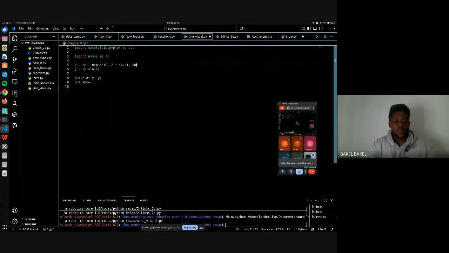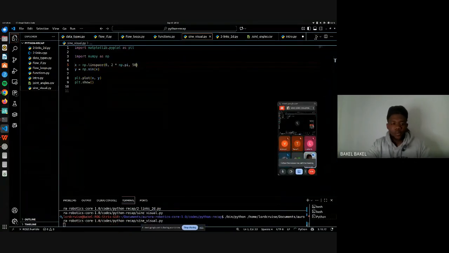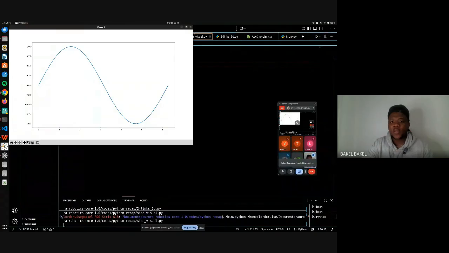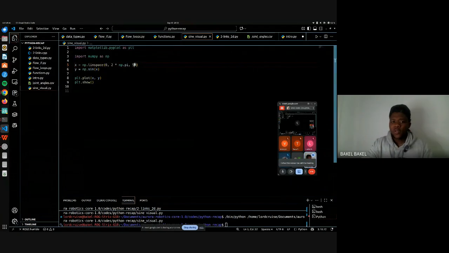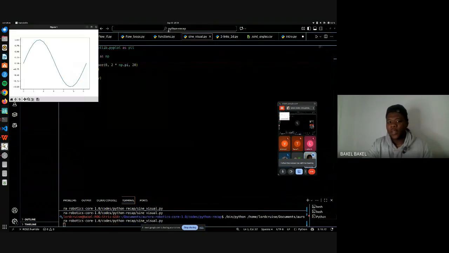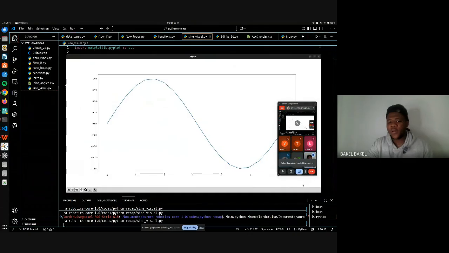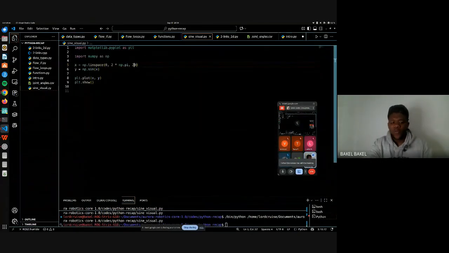If I say 50, look at it, the sine graph is still sine. It looks pretty nice. But if I drop it to 20, you would find out something. I don't know if you can see it, maybe your network might not be so clear, but we are beginning to lose the curves. If I make it 10,